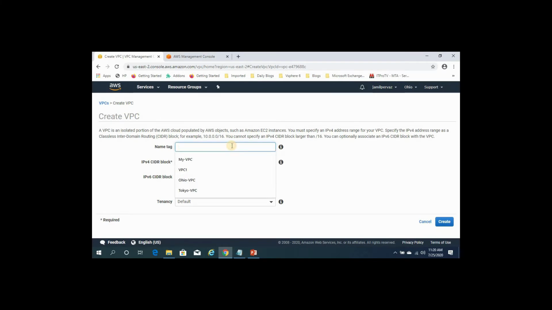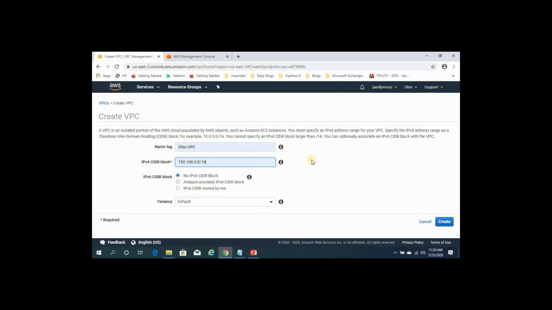So I'm going to create a VPC in the Ohio region. I'm going to give the name Ohio VPC. I'm giving the IP version 4 class C range, 192.168.0.0/16.